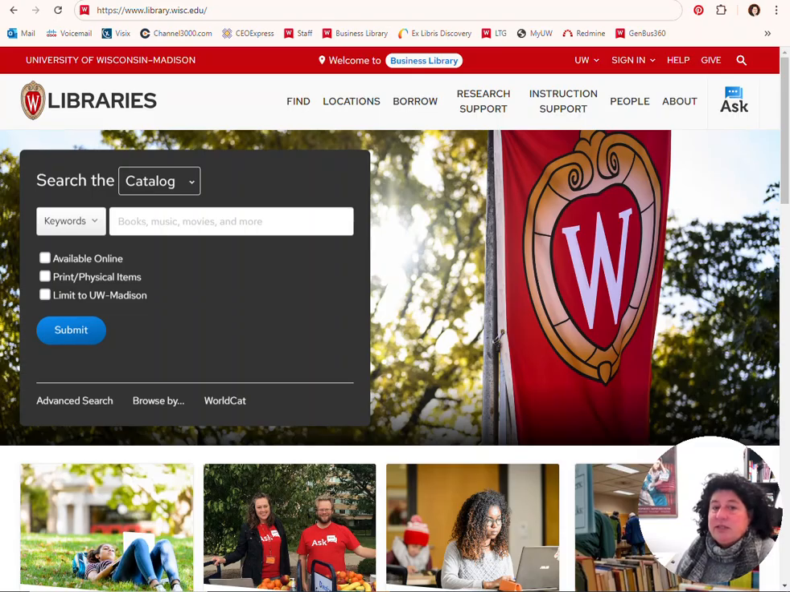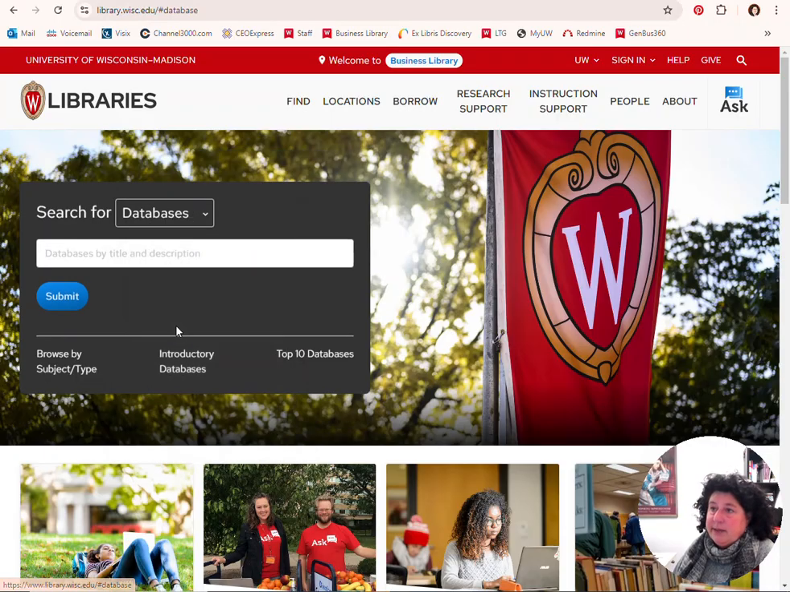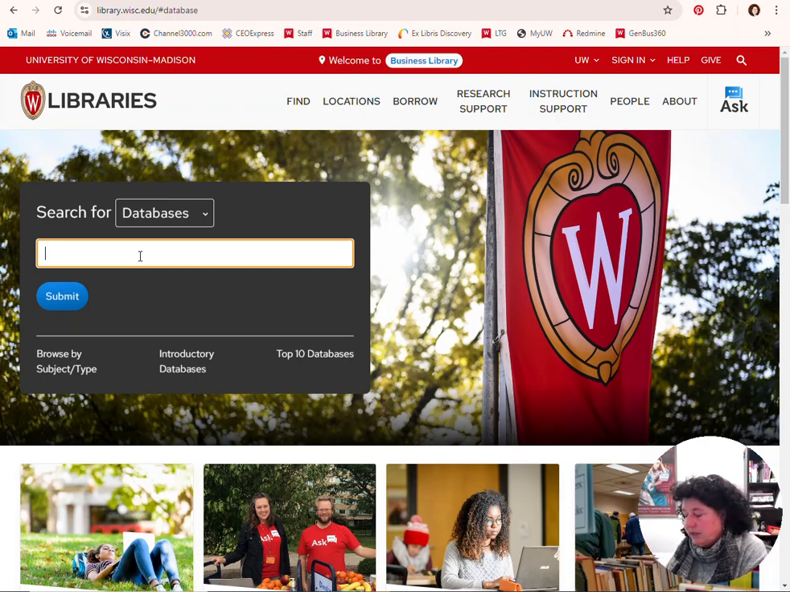What I'm going to do today is show you how to find market size using a database called Simmons. So we're going to start again at the library.wisc.edu main page using the black search box that defaults to saying search the catalog. If you drop that down, you can change that to searching databases. That's what you want to do. Just type in Simmons